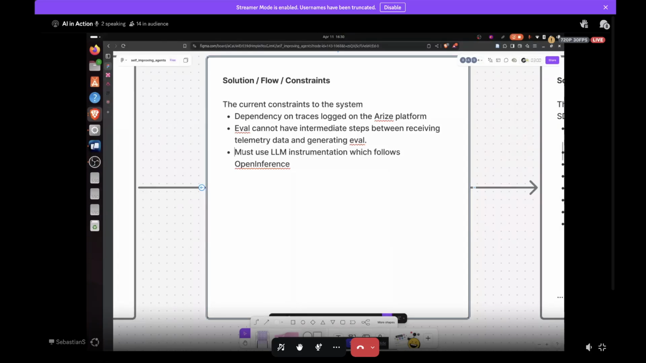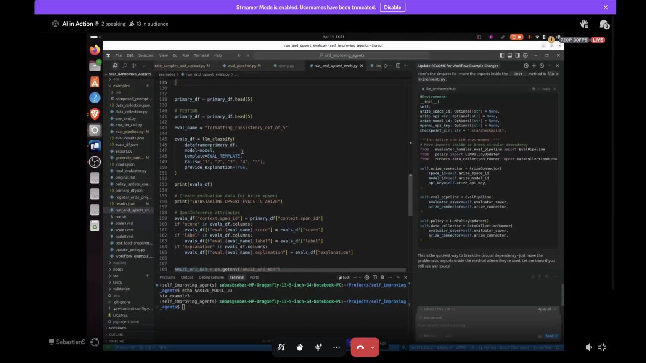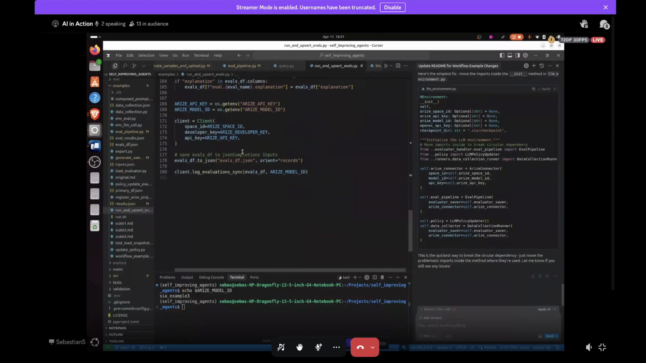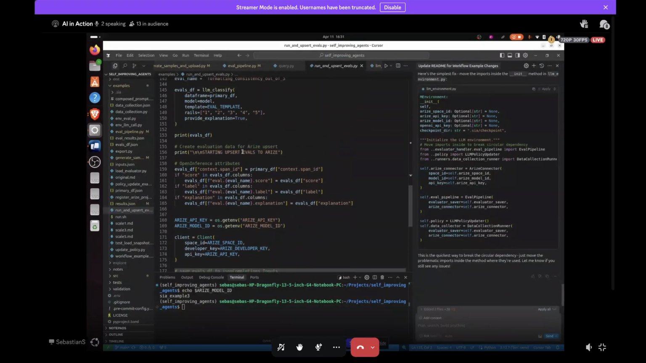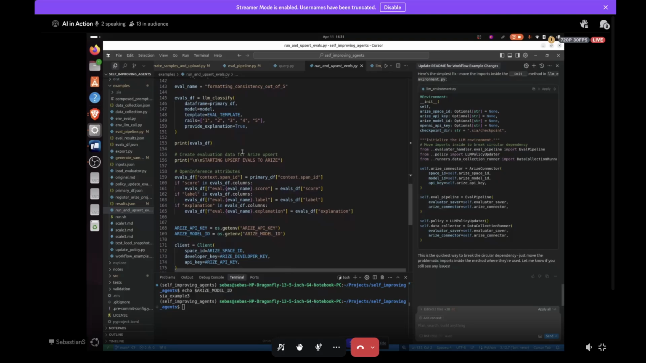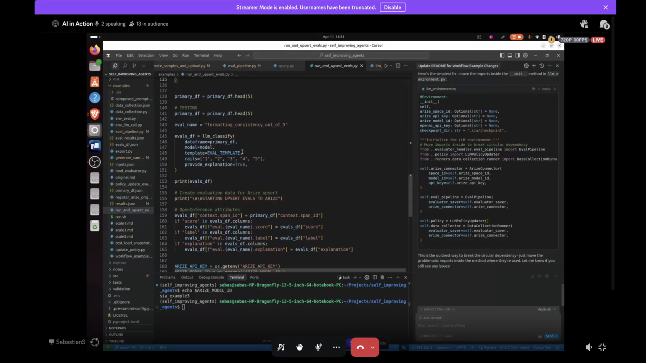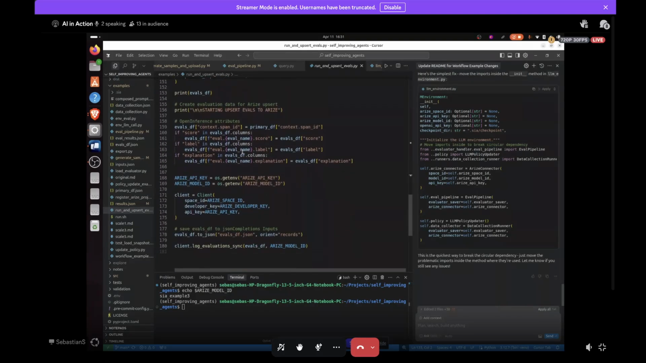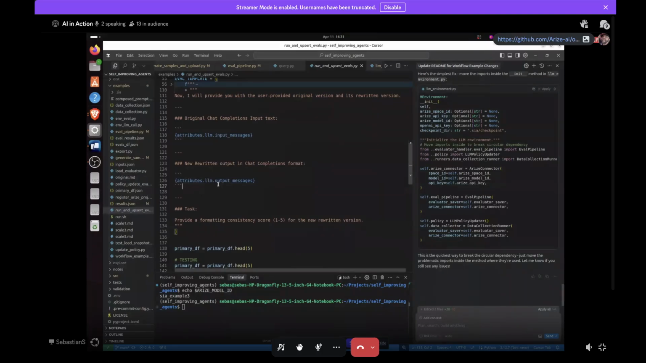Then you have that it must use instrumentation which follows OpenInference. Yeah, that's the other thing. Whenever you're creating an evaluation with LLM as a judge, it is expecting the data inside the trace to be of a certain format with certain keys. If those keys are not found, it could break down your evaluation. So for example, this is a key,